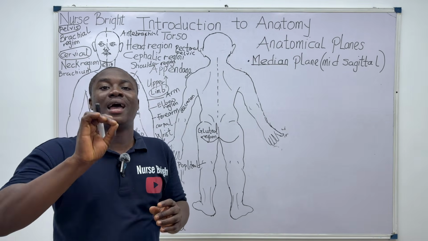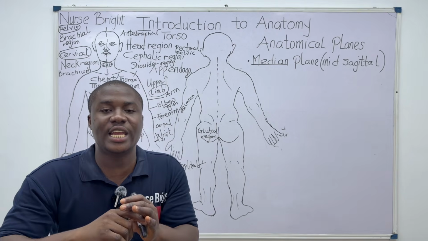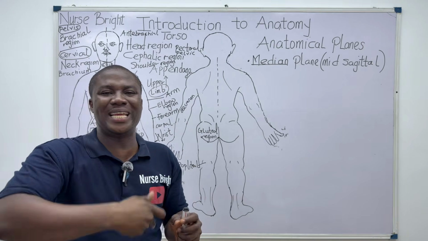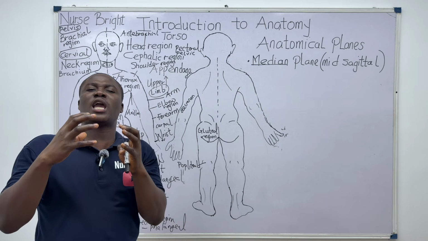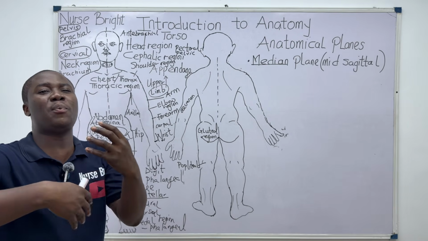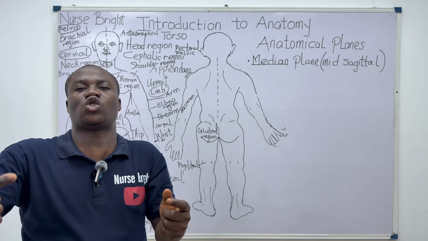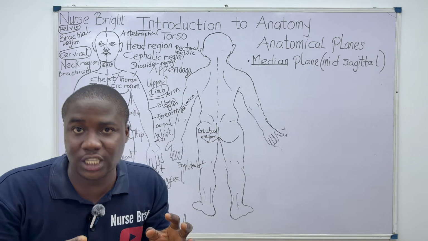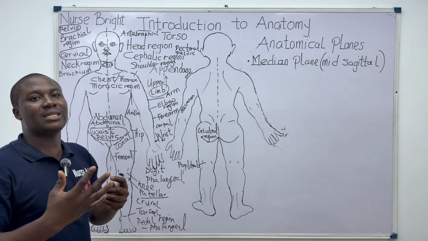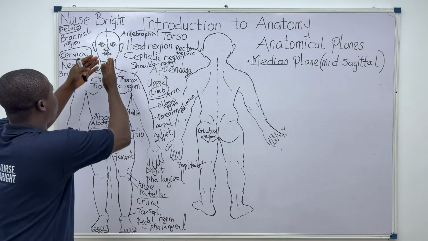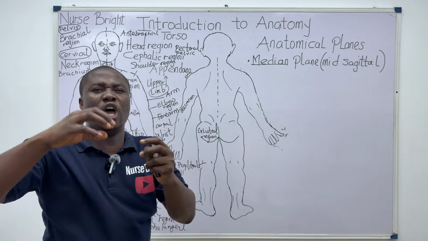It helps healthcare professionals to be able to describe properly structures that are close to the midline, like the nose. Are you not seeing what I'm saying? Like the mouth. All right. We said that the importance of these anatomical planes is that they help healthcare professionals to study in depth the internal structures of the body in sections. So it can help a healthcare professional to understand and study properly the right half of the body and also the left half of the body, seeing all the structures, the internal components.